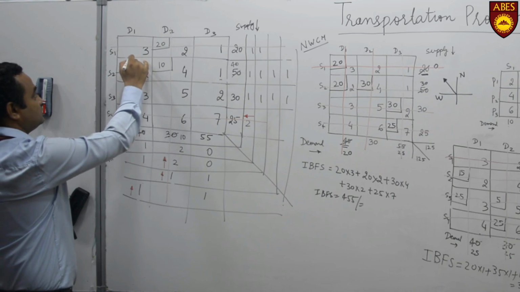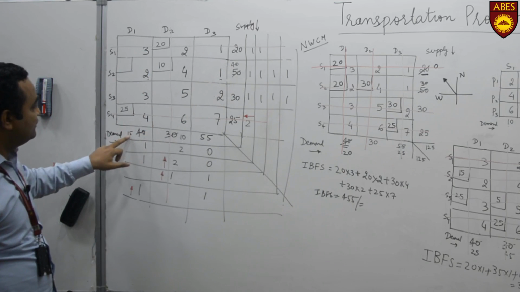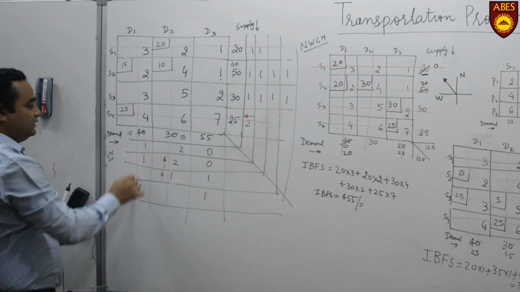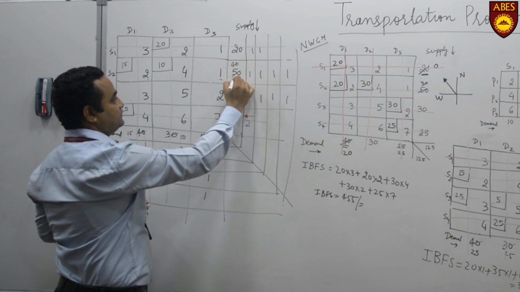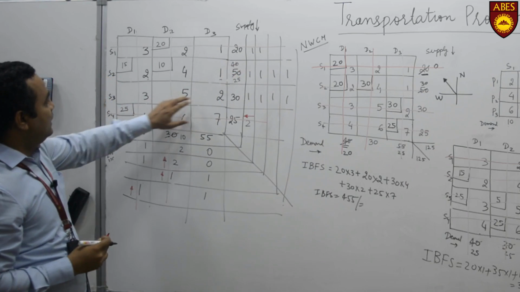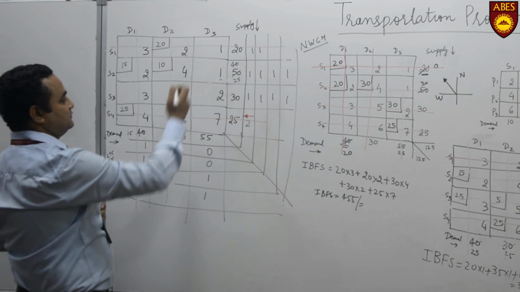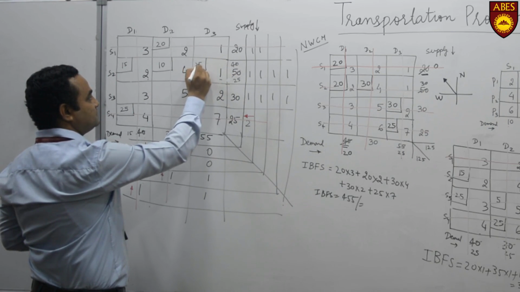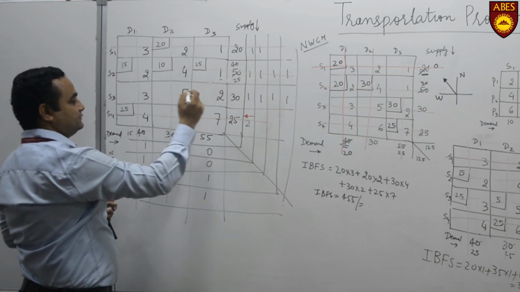Minimum demand is 15 and maximum is 40. So we give the minimum value, that is 15. So write down 15 here. This is completely cut, while 15 is remaining, making 25. And now we have only two cell values, 1 and 2. So we have to put the minimum value, that is 1. So the first value given is 25 in this block. So this is completely cut, and the last one is the